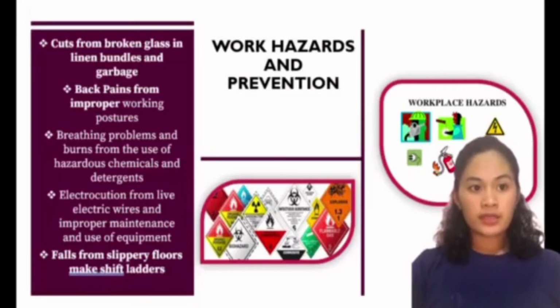Room attendants shake the soiled linen for guest belongings, which is a good precaution as it ensures the broken glass or other sharp objects are not hidden in folds. So, it can harm po yung mga